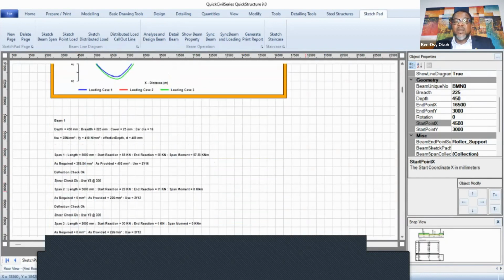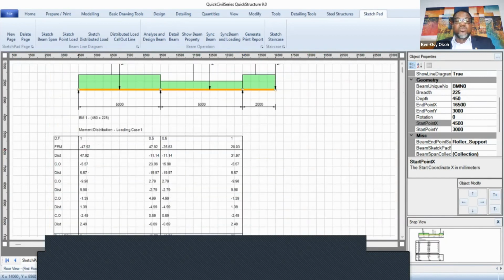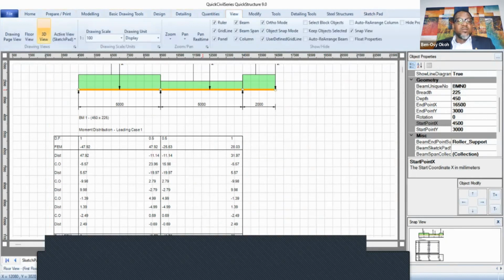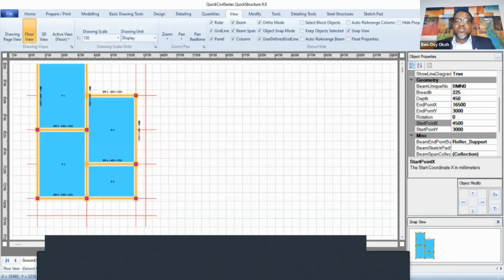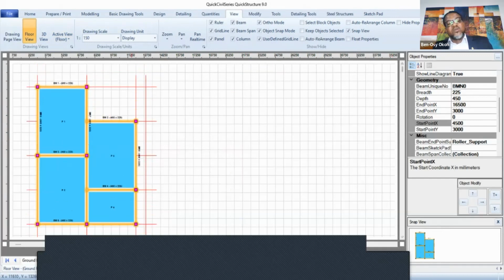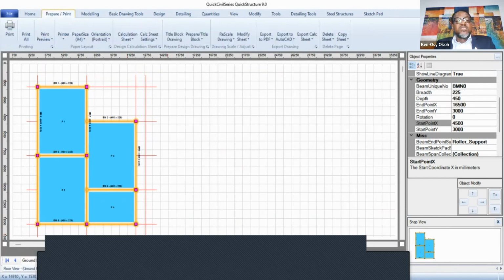So this is what the sketch pad does. So let's go back to our work floor view. So this is where we are. If we have done with this, the next thing we do is to detail, which we have done. I have done some of the beam detail, just the same way we detailed our work. The final thing you have to do is to go to prepare and print, which is how to